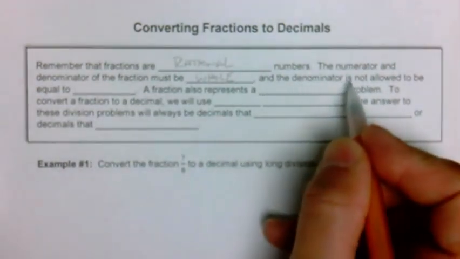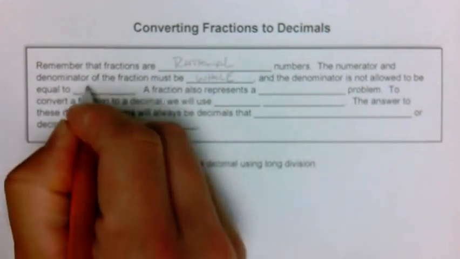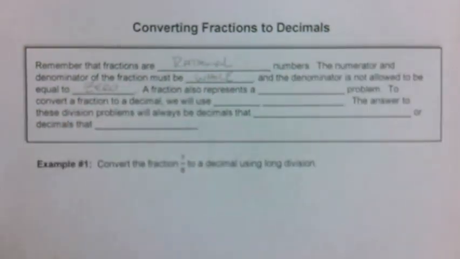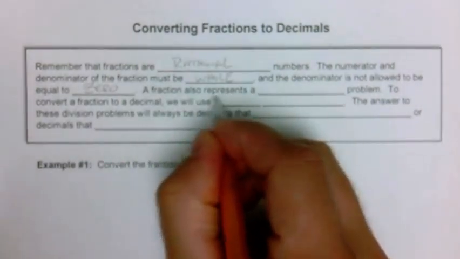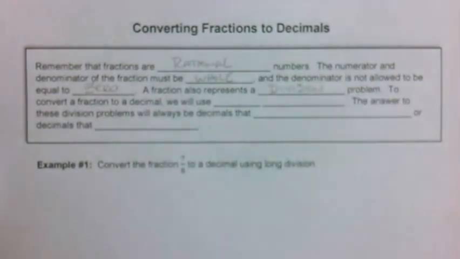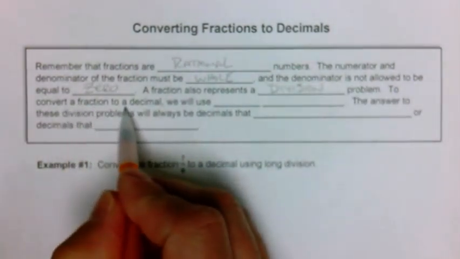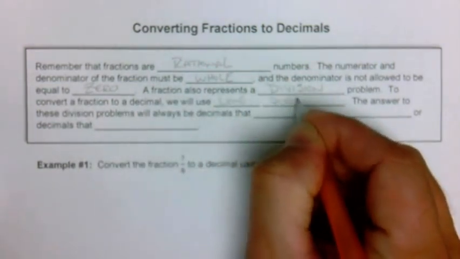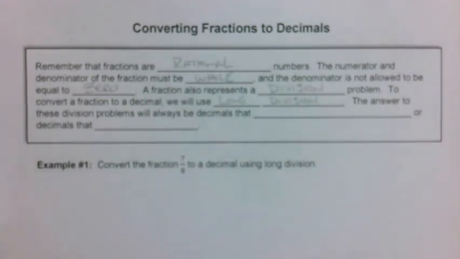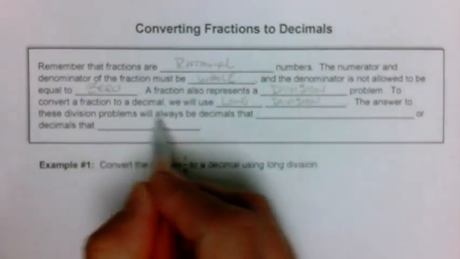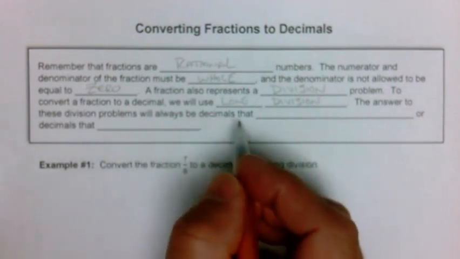And the denominator of your fraction is not allowed to equal 0, because then you would be dividing by 0, which is undefined. A fraction also represents a division problem. To convert a fraction to a decimal, we will use long division, just like we did when we were dividing with decimals. The answer to these division problems will always be decimals that